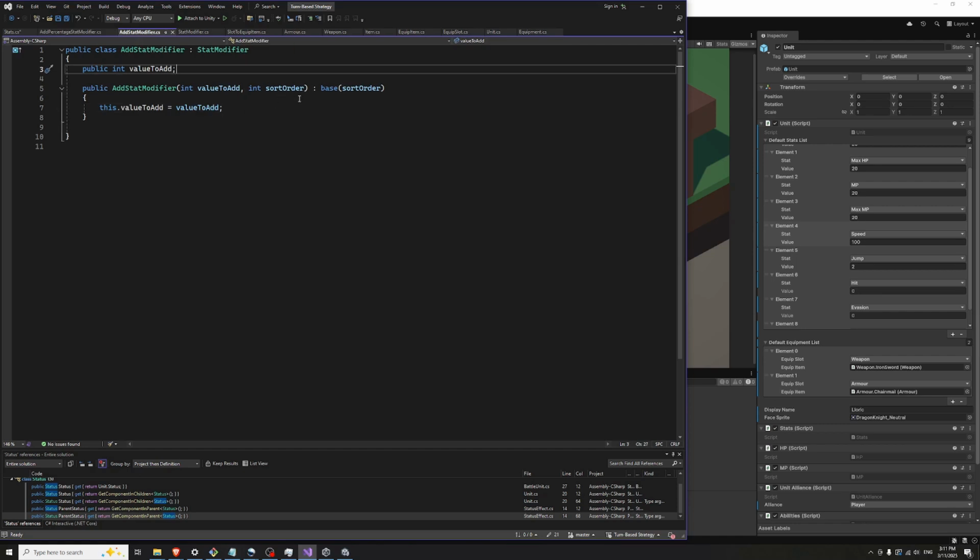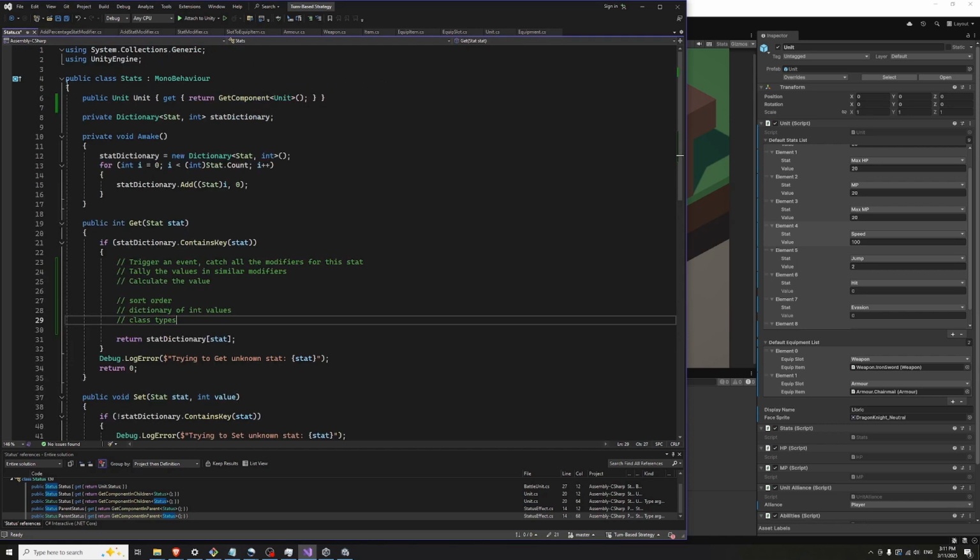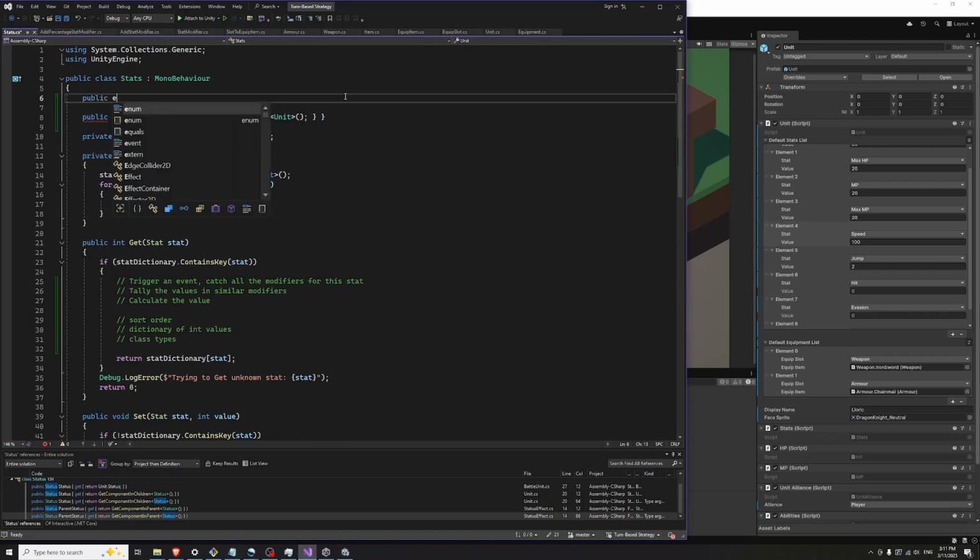Should there be some kind of multiplier value that gets added? Let's see, public event, maybe static